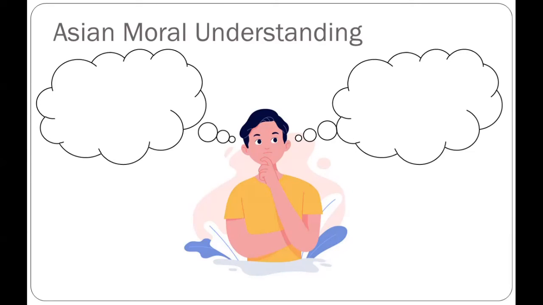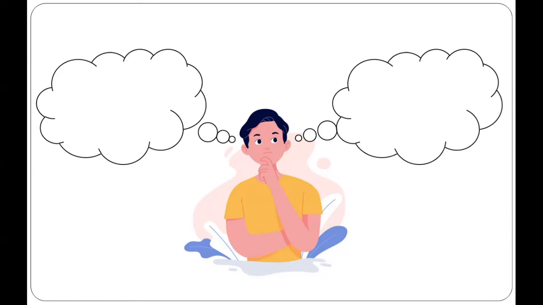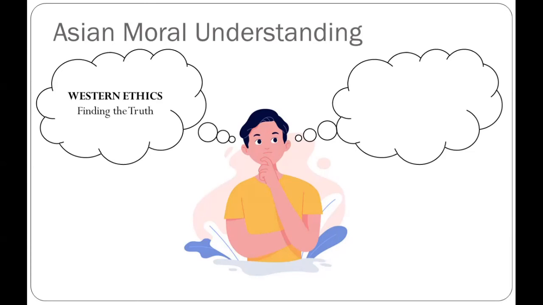First, we're going to talk about what is in general present in the culture and ethics of Western countries. In a Western setting, Western ethics focuses on finding the truth. What is the truth? That is the focus of Western ethics. As for Asian ethics, the focus is the protocol and showing respect. As you can see, in general, in so many Asian countries,